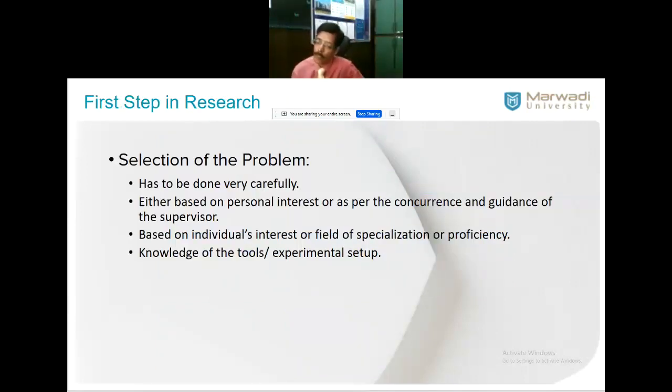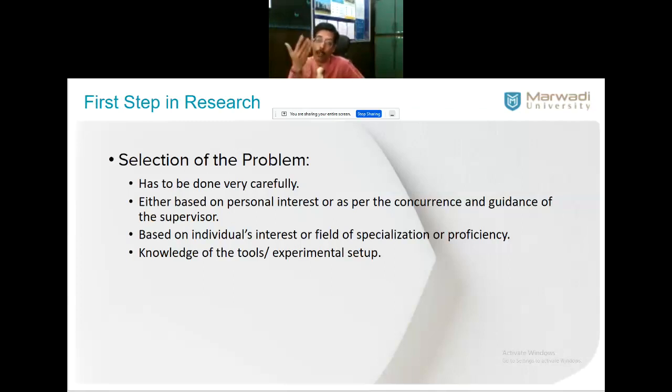So the very first step is quite significant. It also means knowing what you are going to do. For example, the first step in research reminds me of a story like Alice in Wonderland. The girl Alice comes out of the house and is standing at the four corners of the road, asking another fellow which direction she should go, left, right, or opposite. Then the fellow asked Alice, where do you want to go? She said, I don't know. I just came out of the house. I don't know where to go.